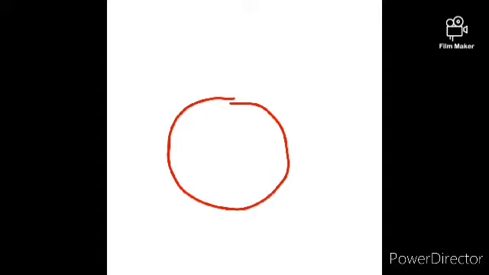Now, is there any line which cuts the circle at 1 point? Yes, there is. Let's say this is line C. This cuts the circle at 1 point, so this is called a tangent. Fine. Now, in this tangent direction, the object is going to move when you release the thread.